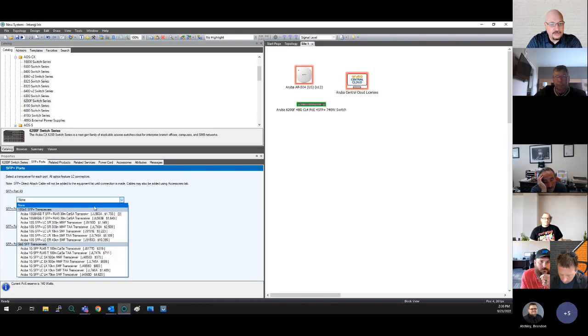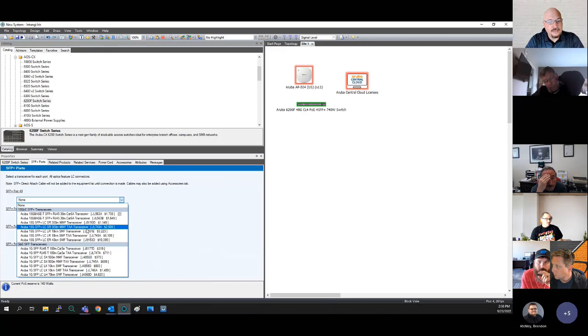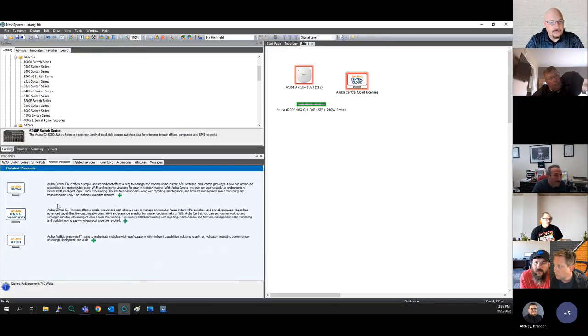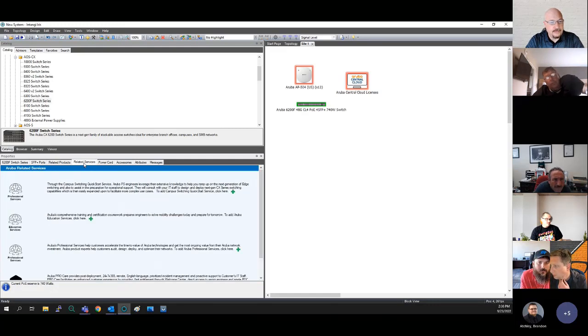This is your transceiver selection. Once again, my 10 gig options, my 1 gig options. These do have TAA capable transceivers. So once again, these are made in the United States and meet that TAA certification. So if you are choosing a switch that's going to the government, you're going to want to choose the TAA transceiver option on that. Once again, your related products for the switch, stuff like Aruba Central, services associated with it,